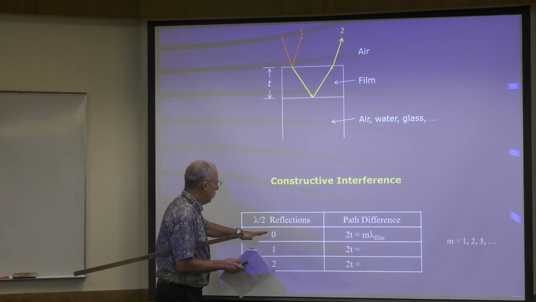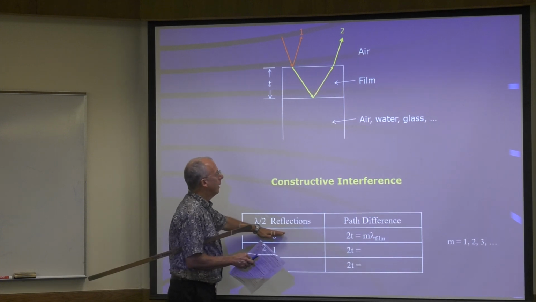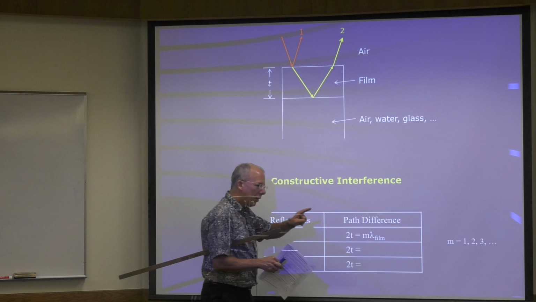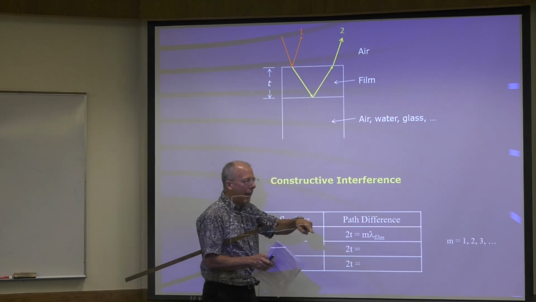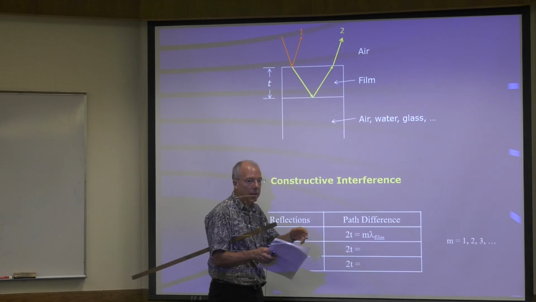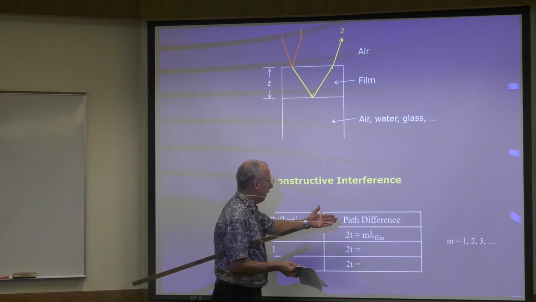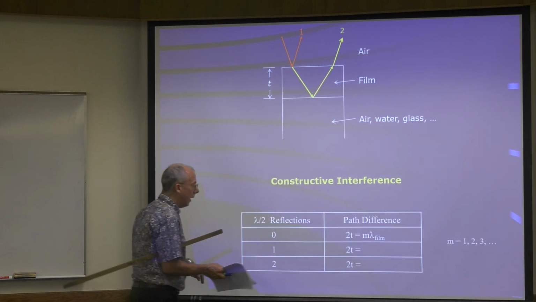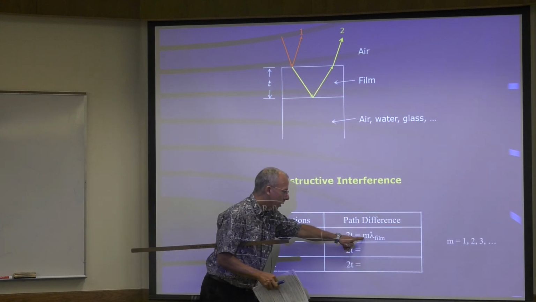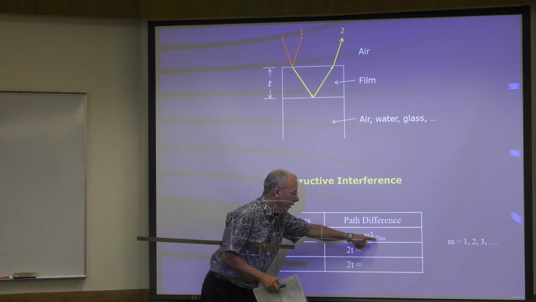If there are no flips, the only thing that matters is the path difference. If it's a whole number of wavelengths, we're guaranteed constructive interference. So the condition is the path difference, 2t, equals an integer times the wavelength of light in the film,